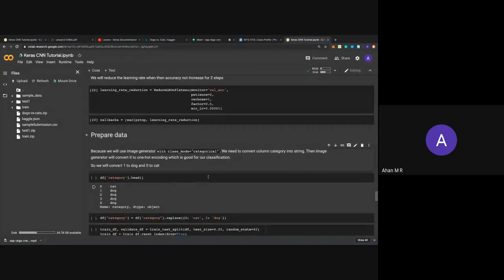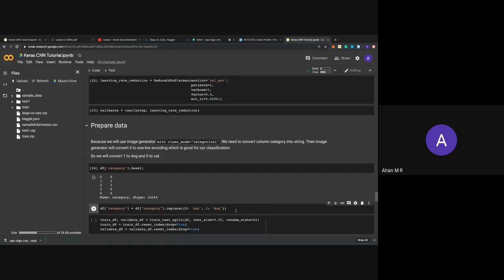One important thing. At the starting of this lab, I mentioned something called image data generator. For image data generator, the data in your data frame needs to be of type string. For example, my data category head is numbers. Either I can convert my numbers to string or I can just replace them with cat or dog, because in the end, if my answer is just cat or dog, I'd rather do it at this step itself. So that's what I'm doing here. Or you could just convert these numbers to string by doing dot astype str. That's always something you can do.